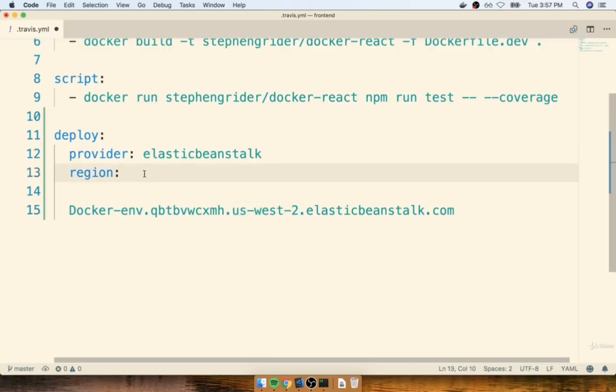So right here, you need to specify whatever region your Elastic Beanstalk instance was just created in. You might have something like US East 1, US West 1. You might have a totally different country inside of here. It's going to be up to you to find whichever code it is, and you're going to take that code